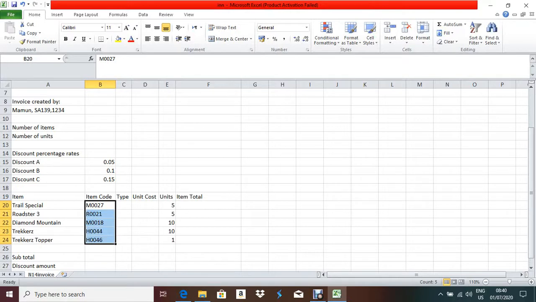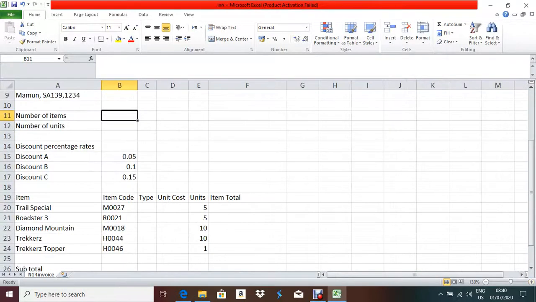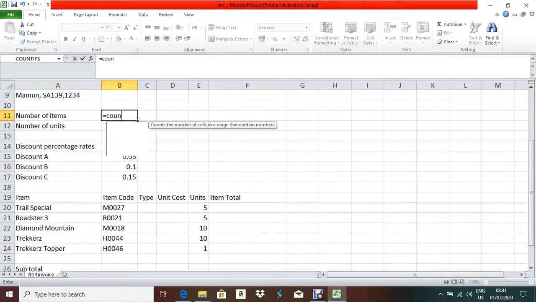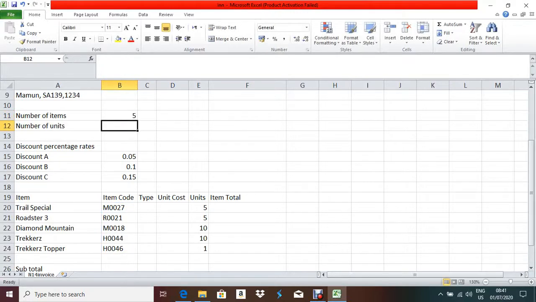If you want to count this type of data, alphabet and number both, then you have to use another function, that is called COUNTA. So in B11 your formula will be equal to COUNTA, first bracket, what is the first cell address, B20, because the item code's first cell address is B20 to B24, close the bracket, enter. So the number of item codes is 5. Okay, next question.